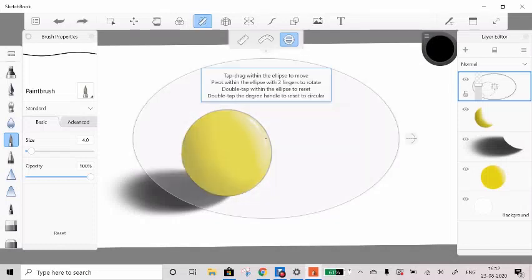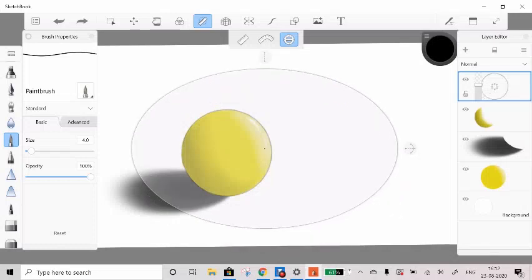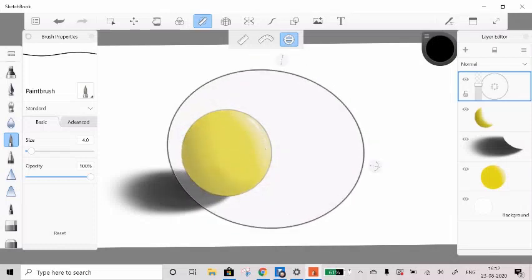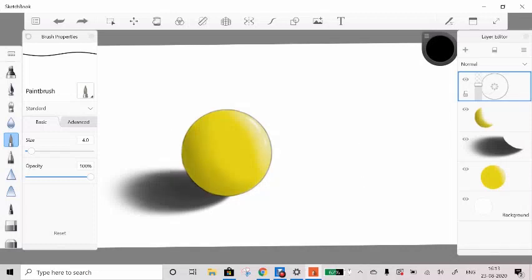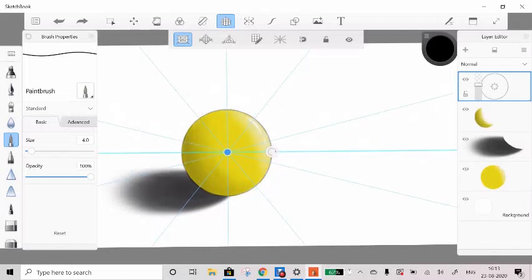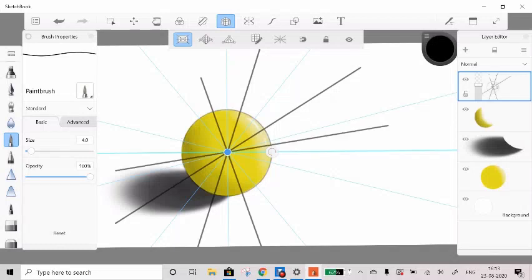Another option in the scale is the circle. You can just adjust the circle by increasing the circumference or decreasing it and just draw it. There you are. The option next to the scale option is the perspective guidance. This is mostly for the people who are into architecture or interior designing. If you select it, you will get these linings and you can just draw perspective lines.